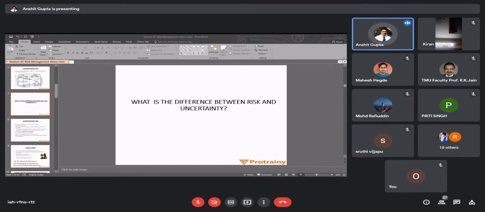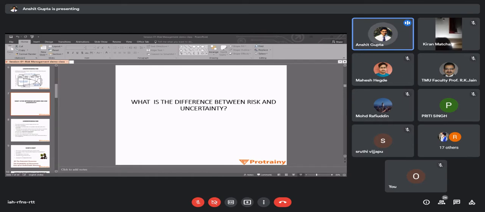So the basic difference between risk and uncertainty is, when we talk about risk in terms of construction and project management, we know that risk is measurable. We calculate the probability first of that risk happening, then we calculate its impact in terms of cost, and we multiply them, and the answer is your risk. But uncertainty is not measurable. You may have doubt about anything, that is called uncertainty, but you cannot measure it technically. One may have uncertainty without risk, but not risk without uncertainty. So uncertainty is just a part of risk, but the major difference between both of them is that risk is measurable and uncertainty is not measurable.